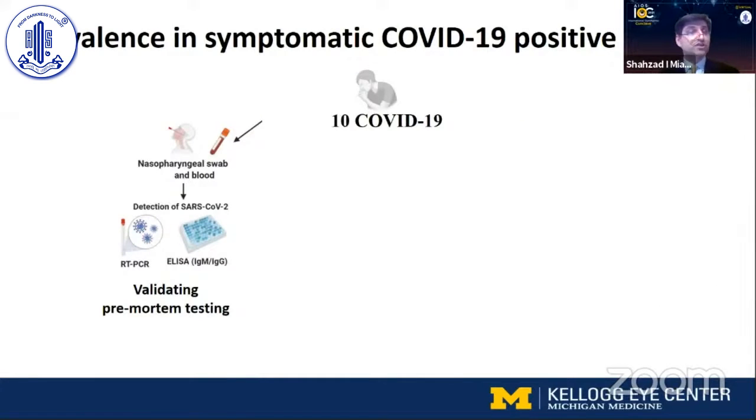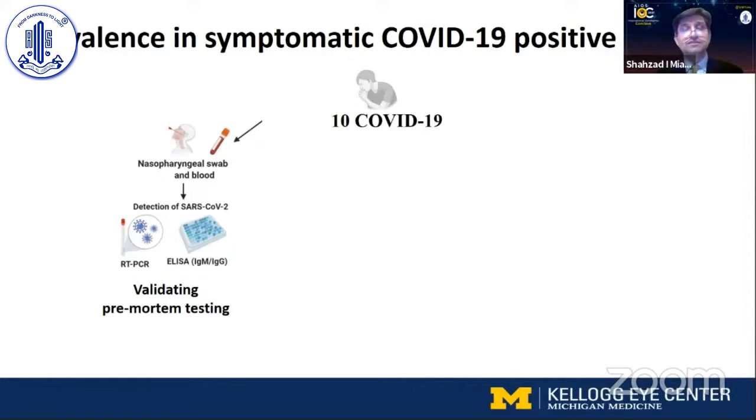So overall, after observing 13% of our cases where SARS-CoV-2 RNA was found in surgical rule-out tissue, our next goal was to systematically evaluate the presence of SARS-CoV-2 in different ocular layers of tissue in donors who were symptomatic as well as donor positive. We wanted to confirm that these were truly validated, and therefore we did perform nasopharyngeal swab and blood testing on all of these donors, where we did PCR for the nasopharyngeal swabs and did ELISA testing on the blood to